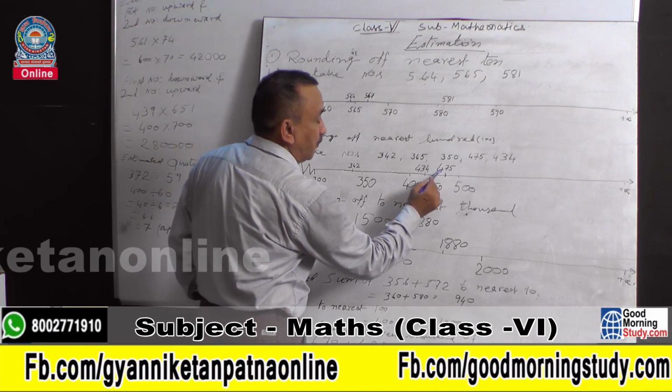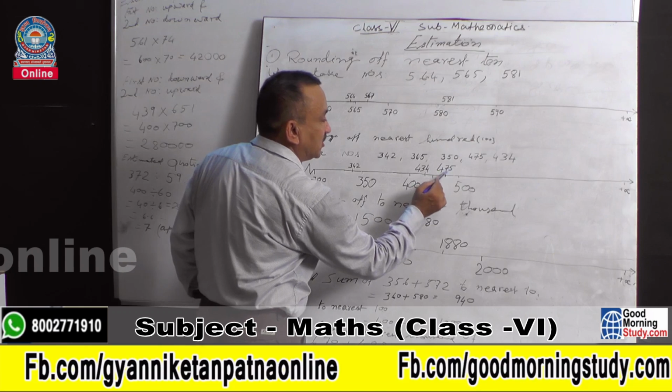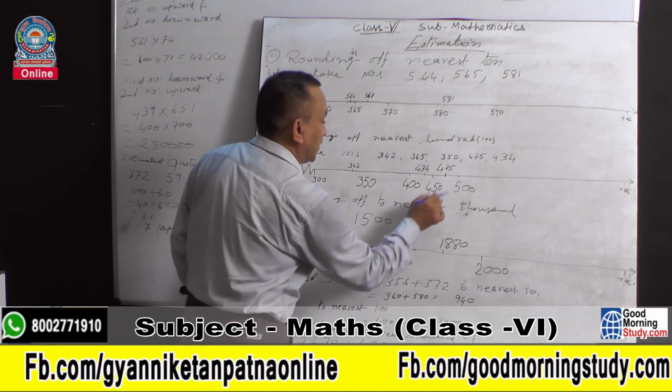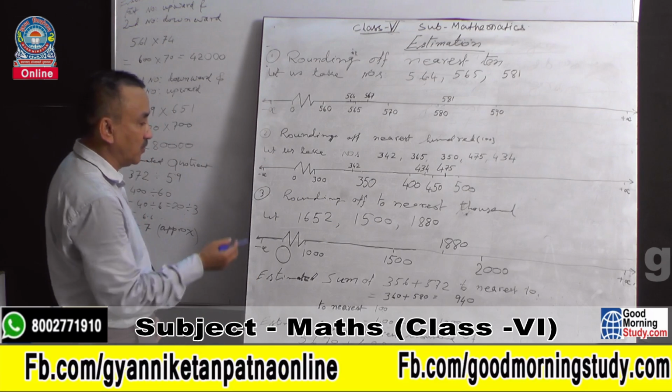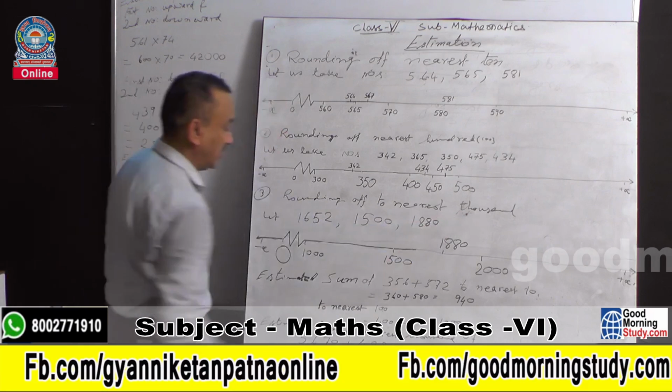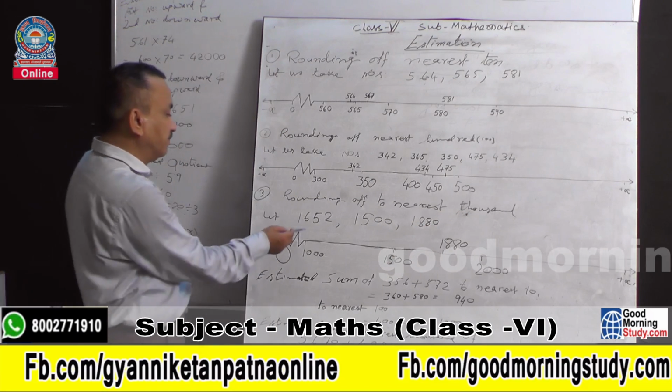So it will come 4 plus 1, 5, and these 2 digits will become 0, so 500. From the number line we can understand this very well. Now rounding up to the nearest 1000. Now we have taken here